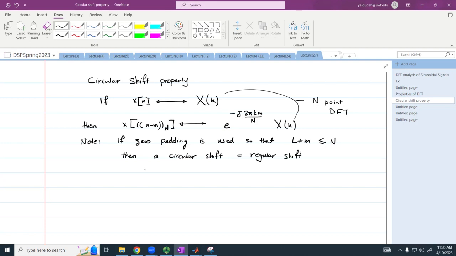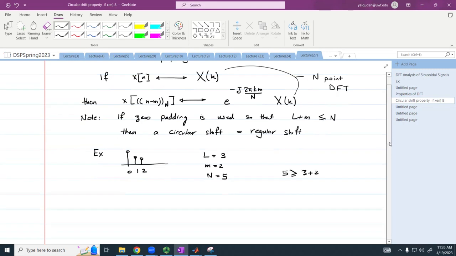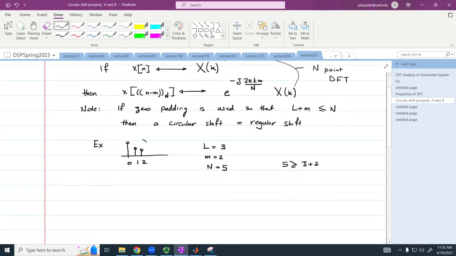So for example, if I have a sequence that looks like this, 0, 1, 2, so the length of the signal is 3, and I'm going to shift it by 2, and N is equal to 5. So 5 is greater than or equal to 3 plus 2. Then if I plot x of n, and x of n minus 2 mod 5,